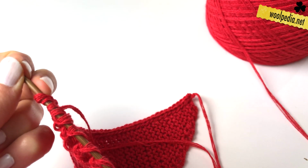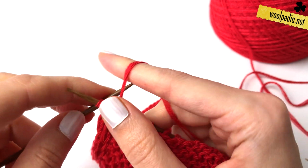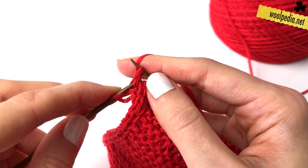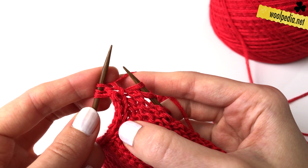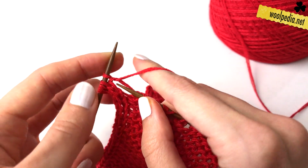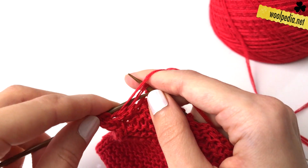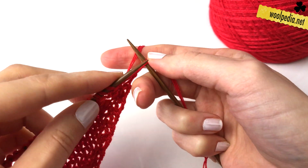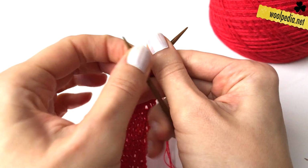Then turn your work, and for the back row we knit the first 3 stitches, and then we purl all the other stitches until we have 1 stitch left. And our last stitch will be a knit stitch, of course. So and then